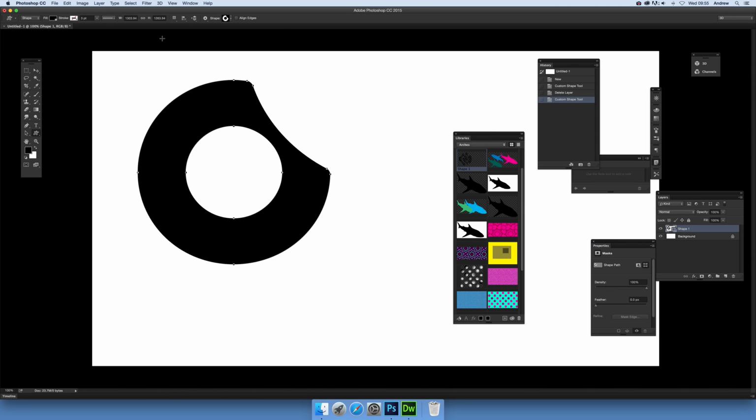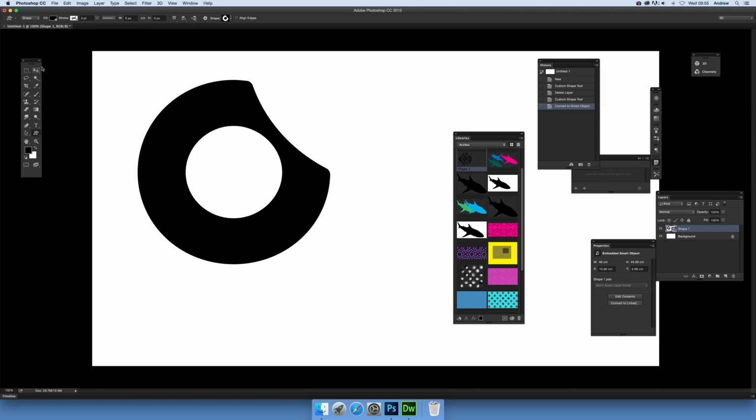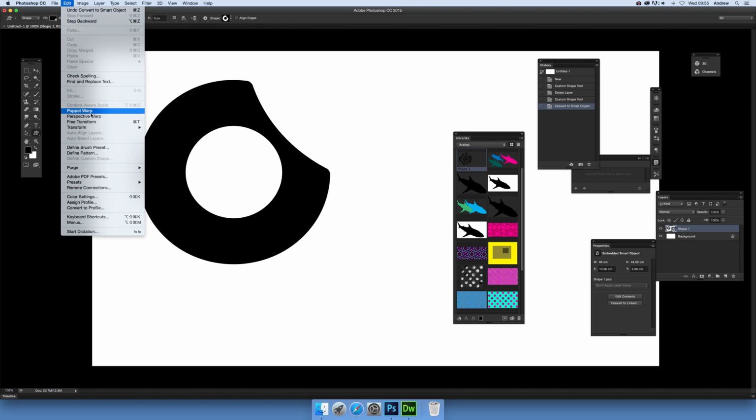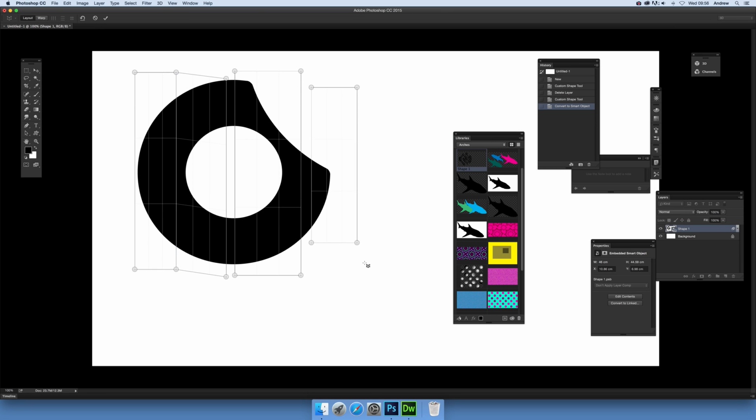Now, to actually use a perspective warp at this point, you have to go to a layer and Smart Objects, convert to Smart Object. Now you can go over to Edit and Perspective Warp. Now I'm just going to do a very basic perspective warp, but you can of course create all kinds of perspective warps. I'm just going to do a very basic one, just so it speeds things up a bit, and warp,